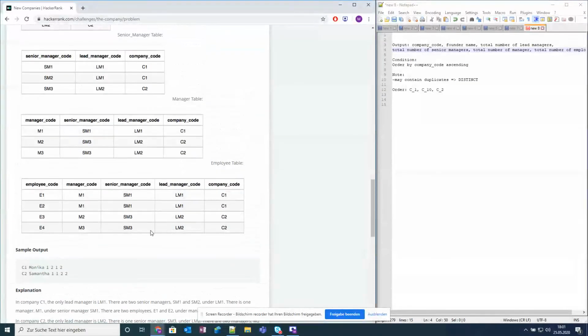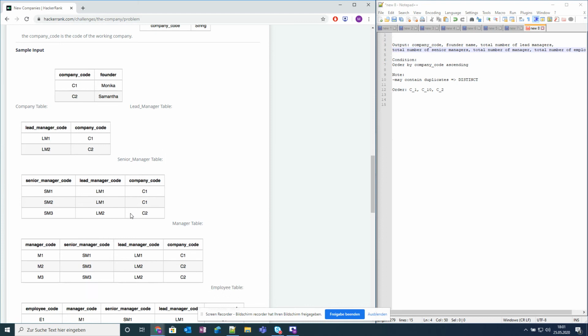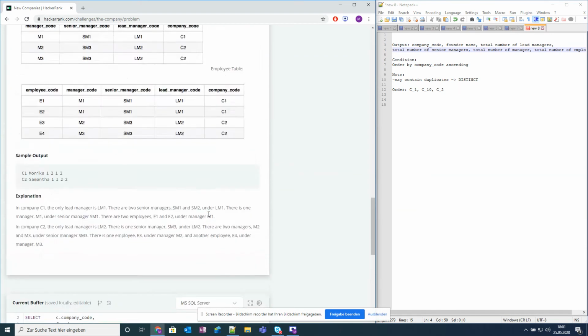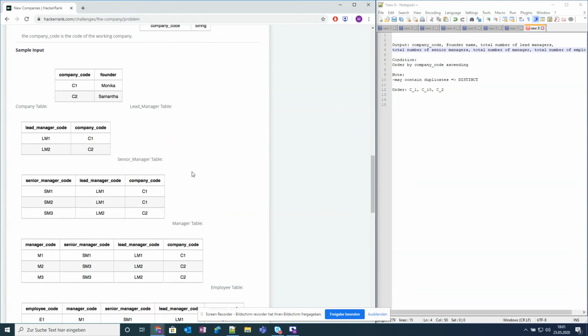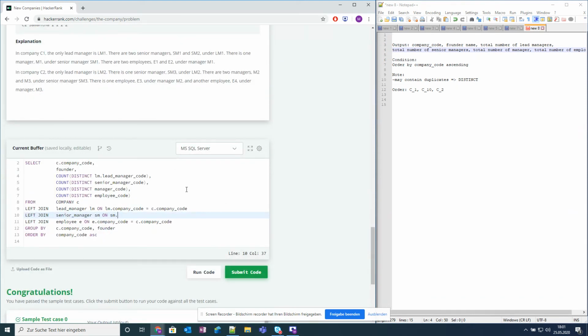And now what do we want to join it by? We have the lead manager code here, the company code. We also have the lead manager code here. So we want to join it on the lead manager. So we get all the senior managers for any lead manager that will be in the above table here. And because we also have the lead manager here, we join it on the lead manager code. Lead manager code equals,